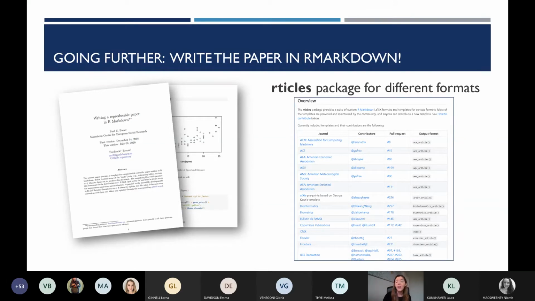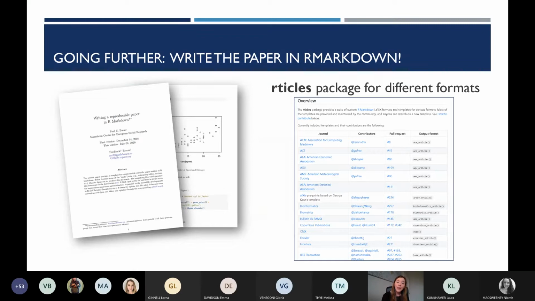That's totally fine. This rticles package within R actually lets you export to different formats for different journals. So you can see some of the journals here. You've got Frontiers, the arXiv journals. You can also do PLOS, and there's more journals being added all the time. So it means that you could theoretically write your whole paper, know exactly the code behind every figure and how you arrived at every result, and just export it in that way and submit to a journal.